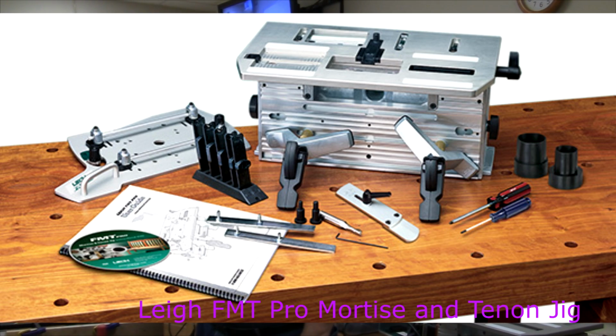Anybody else have one of these machines? Don't be afraid. Mention how much it costs. Yeah, I think new these are over $1,000. I got this off of Craigslist